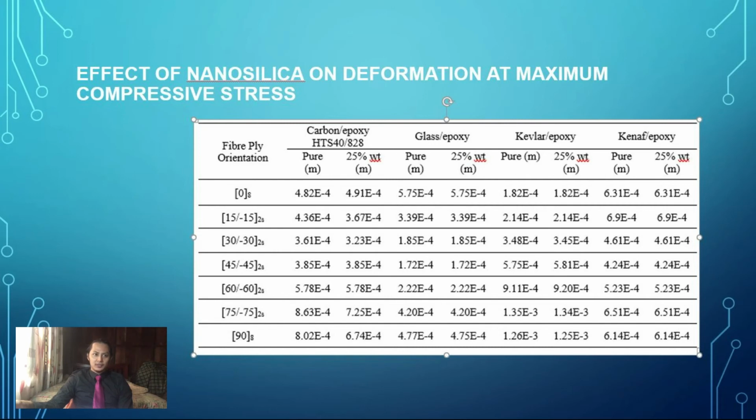It could be inferred that this fiber epoxy laminate exhibits the maximum compressive stress in the unidirectional direction and gradually weakens as loading shifts to the perpendicular direction of the fiber. Kenaf obtained the lowest deformation at 0 degree with and without silica. It is possible that the maximum compressive stress in these fiber epoxy laminates occurs in the unidirectional direction, and that as loading moves to the perpendicular direction of the fiber, the laminates gradually degrade.